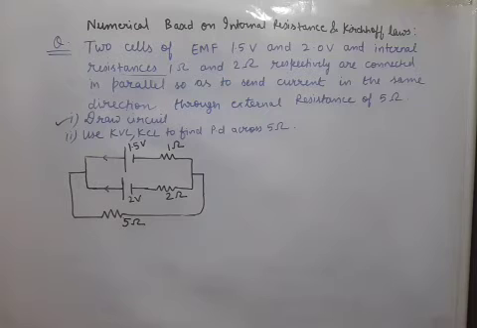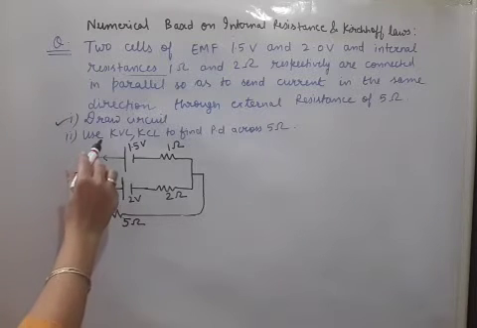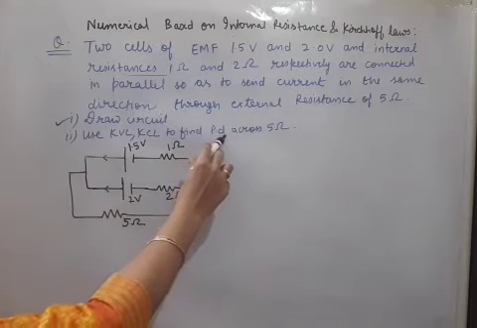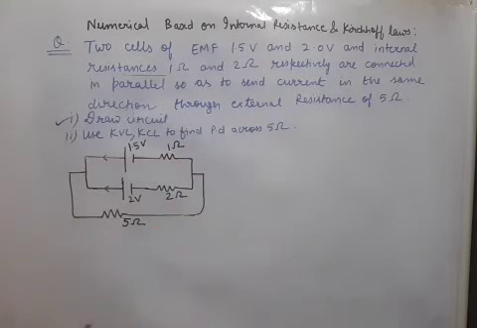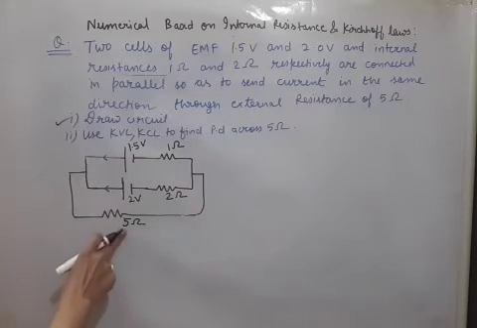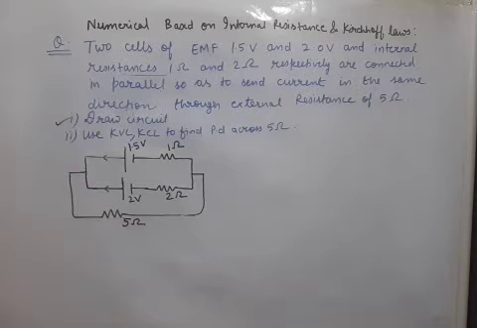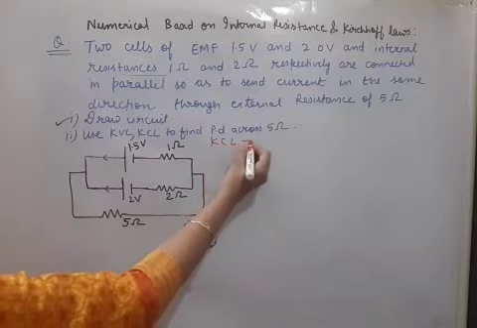First thing is done. Now second thing is that we have to apply KCL and KVL to find potential drop across 5 ohm. Potential drop across 5 ohm here in the circuit. Now we will apply KCL and KVL as we apply usually. For applying KCL and KVL, we need to see the positive of the cells. So first of all we will apply KCL.